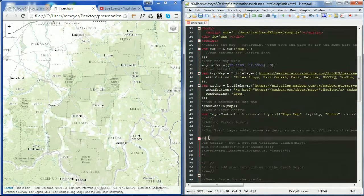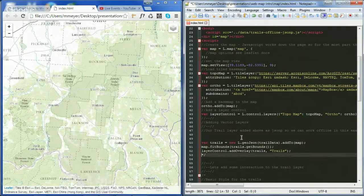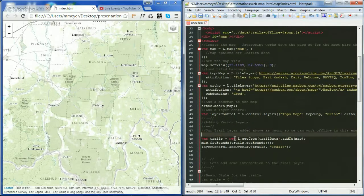So to comment out, so basically tell JavaScript or the web or the client to not execute code, you can either use these double slashes or you can use this slash asterisk. Okay, yeah. So let's delete those right under, there's like 2 sections of those under our trail of adding vector